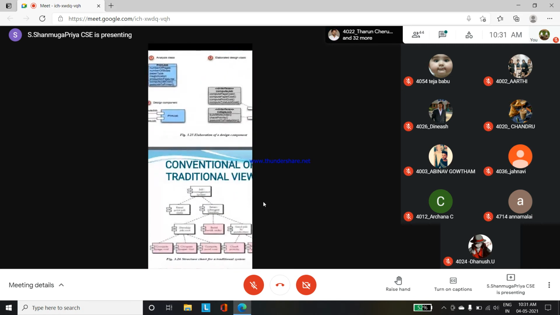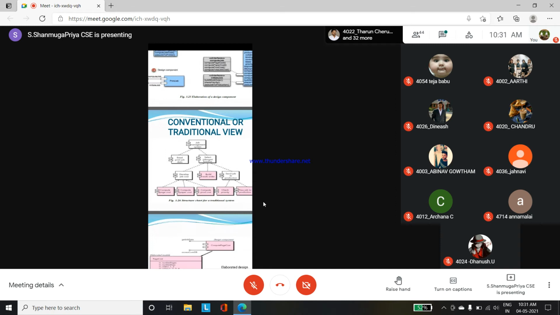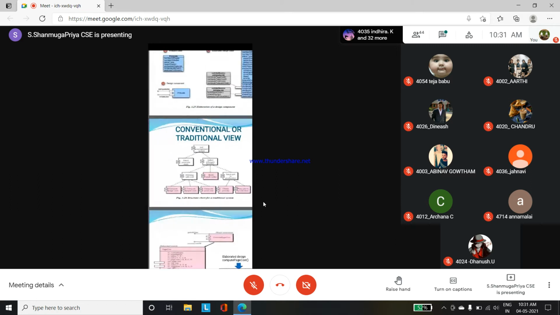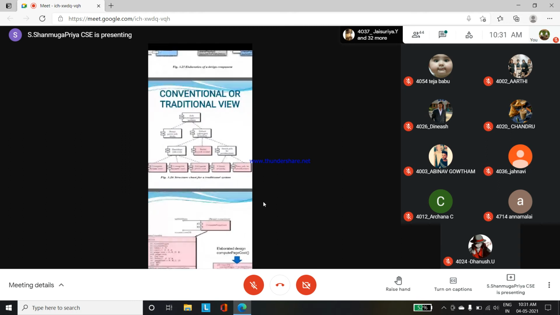So this concept is called the conventional and traditional view. This one is called the conventional or traditional view.